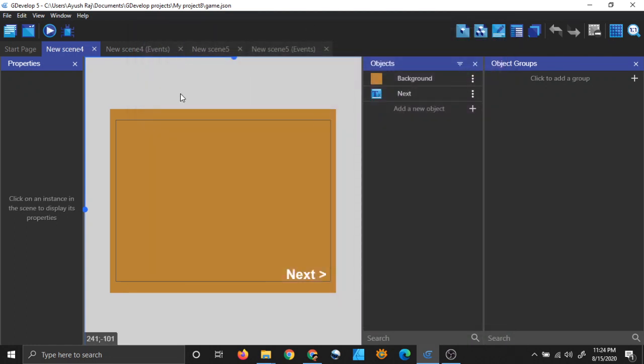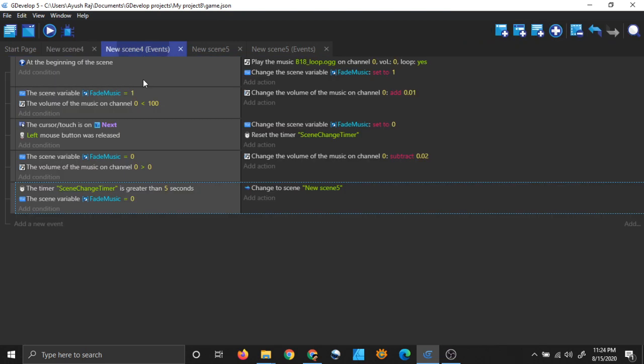So you saw that it is working as we want it to work. This 5 seconds is only an approximation. We are just approximating that our music will become very low or unhearable in 5 seconds. You can change this value according to your wish, but it actually does not matter which music you choose. If you subtract this value from the volume, it will go down in 5 seconds. All the music, does not matter which music you are using, right? So yeah, that's what it is.